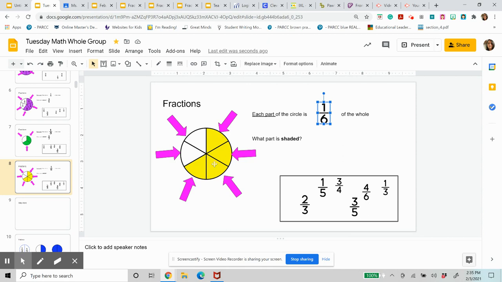and if we think about what makes sense to you. So shaded could be what was eaten. Okay, so if this was a pie that had 6 pieces and the yellow is what's been eaten, think about how many pieces did you eat? How hungry were you? Okay, all right, so have a number, your fraction, it should be 4/6 because there's 6 total pieces and 4 are shaded. 4/6. Okay,